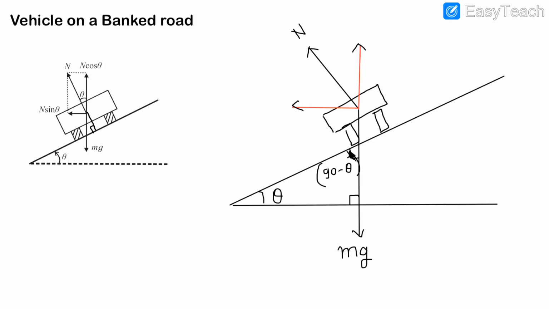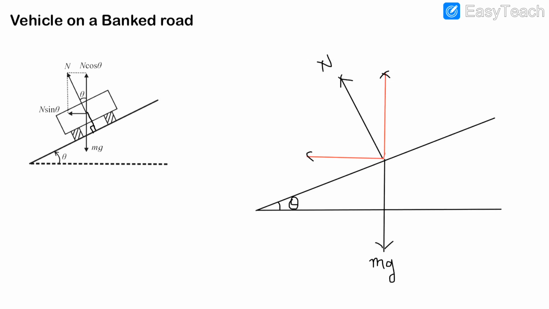Okay, here if I remove the vehicle, then you will get the idea of resolution. I remove the vehicle, now you will get the idea. Now this angle is 90 degrees. Okay, now the remaining angle is 90 minus theta. If you observe, this angle and this angle are opposite angles, so they are equal, meaning this angle is also 90 minus theta.